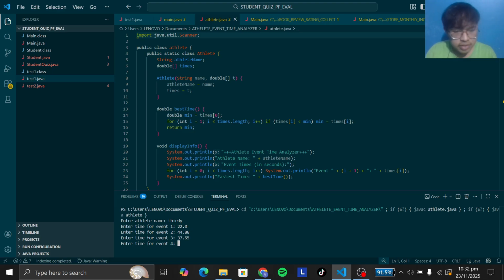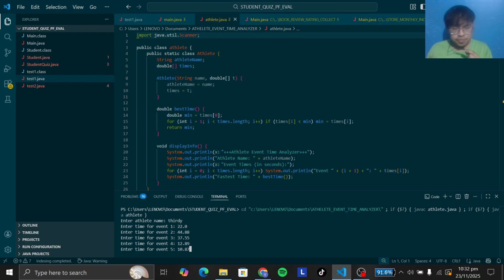And for event 4, we got a lot faster than before and got 12.89 seconds. And for the last one, we got much faster and got 10.87 seconds. So this program will identify your fastest record.